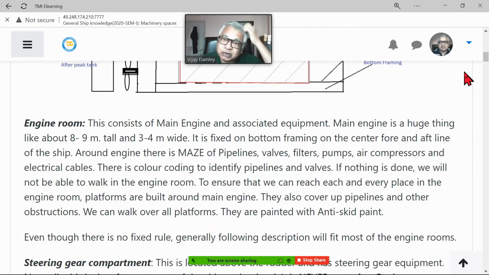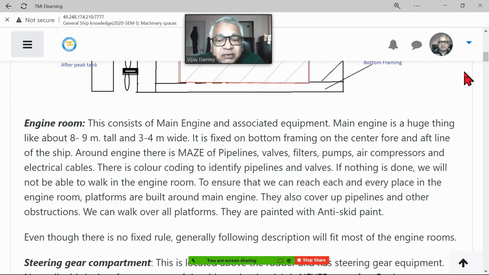And again, we don't like one single person in the engine room. All the engine rooms today are UMS class. UMS means unmanned machinery space, for 24 hours, and some of them are for 48 hours. That means nobody has to go. It should run on its own without any attention for say 24 hours or 48 hours or 30 hours, whatever the class is.